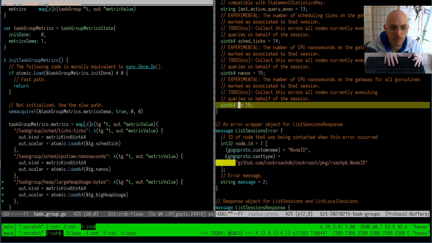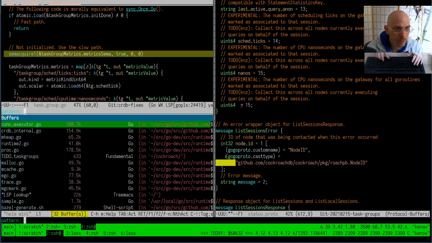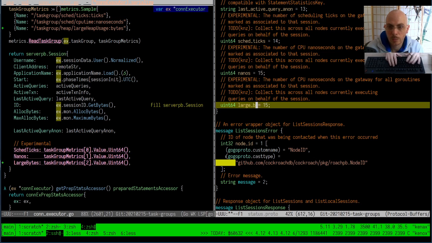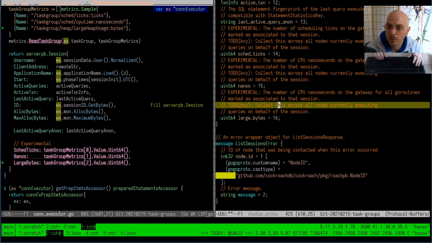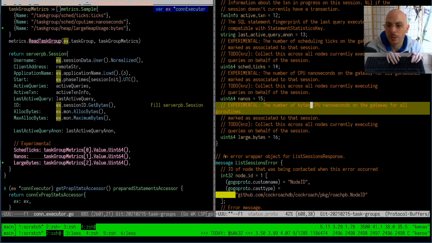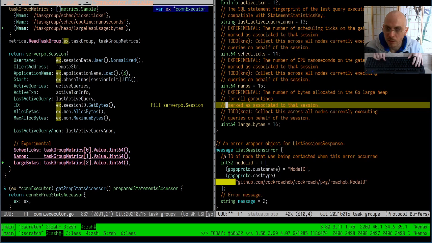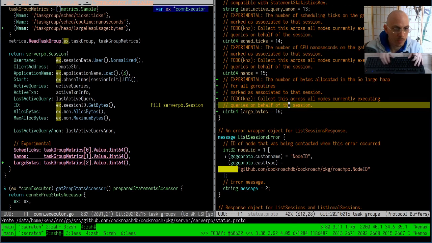Large bytes. Did we call it large bytes just a second ago? I think we did. Did we not? Large bytes, yes. The number of bytes allocated in the Go large heap for all Go routines associated to that session. Yep, that seems to be right. And then